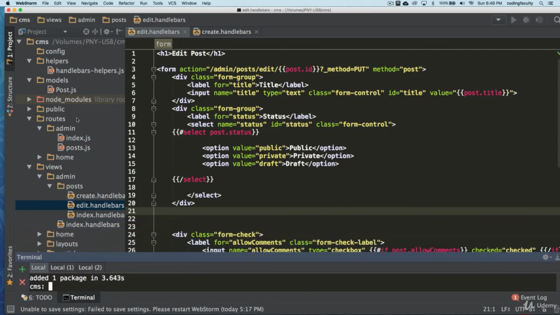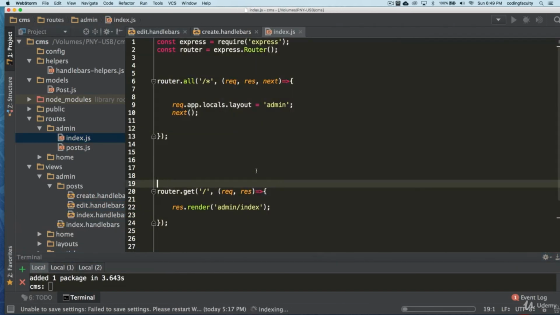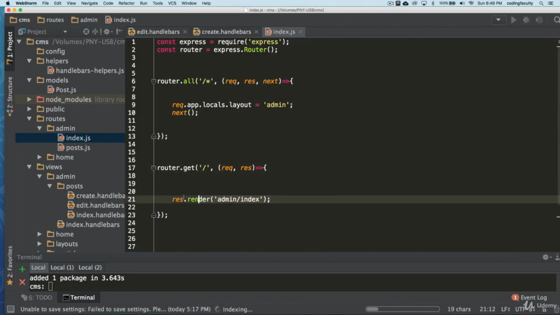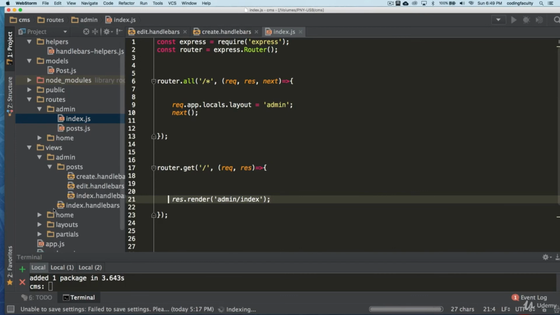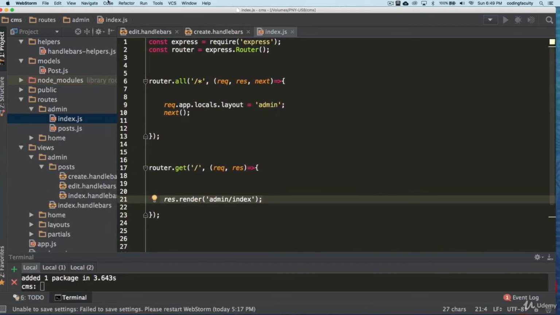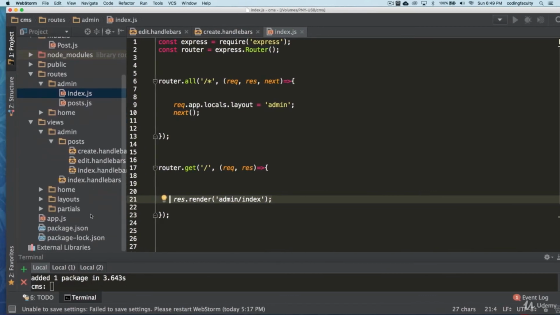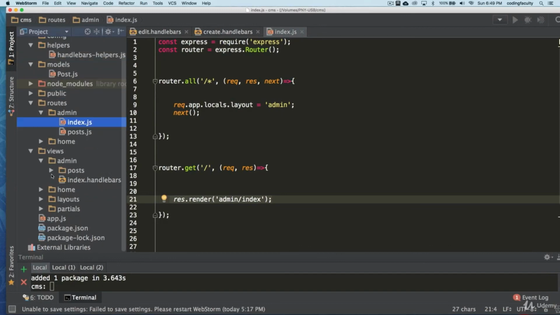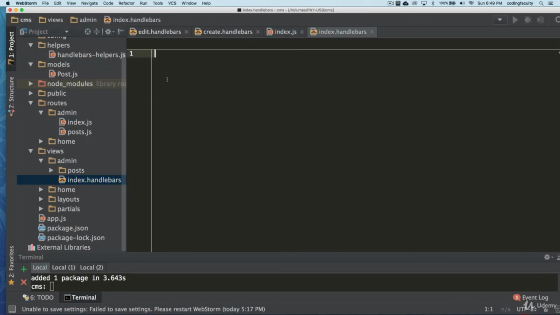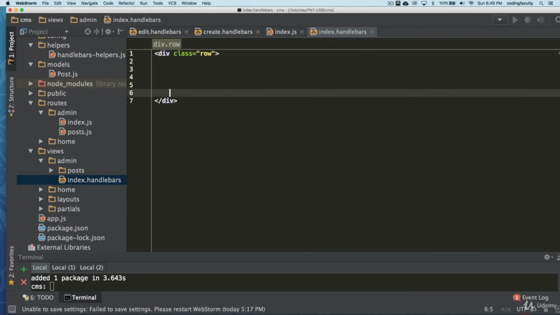So what I want to do, in this route here that we're showing, admin index, in this view, I want to create some type of form that I can generate data. So let's go inside the admin index here, and I want to create a row with a form.